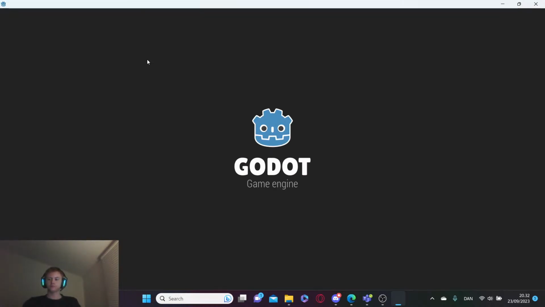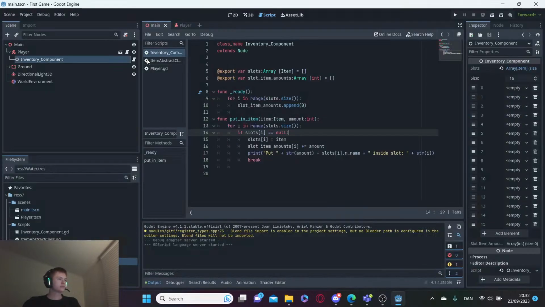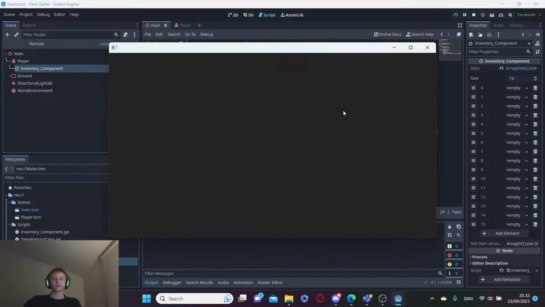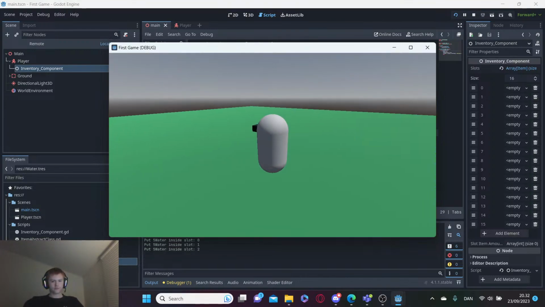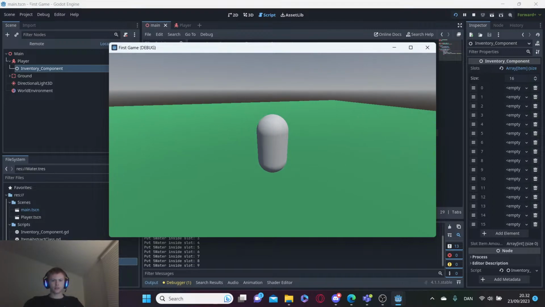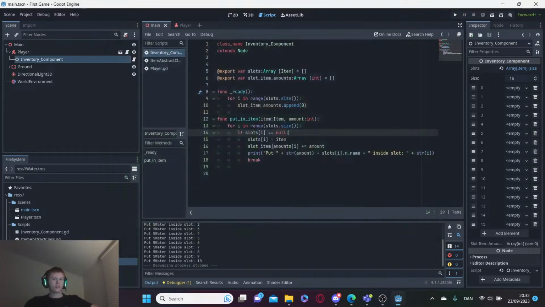So, yeah. It is time to keep working on the inventory system. I can finish it tonight, I'm pretty sure. So, yeah, place 5 water in slot 1. Okay. So,